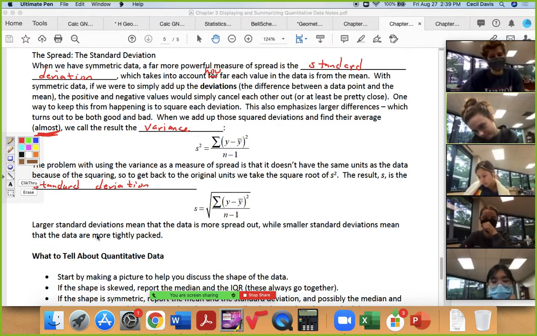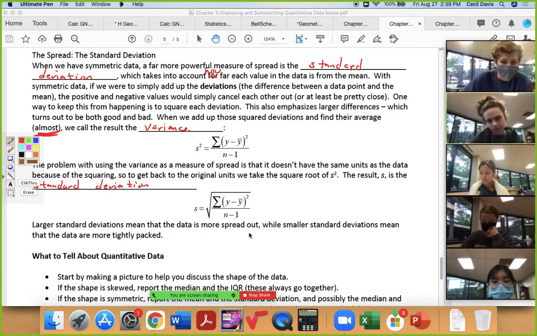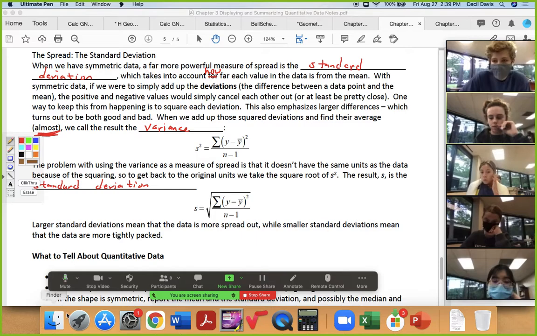All right, so larger standard deviations means the data is more spread out, while smaller standard deviations means that the data are more tightly packed. And when we say spread out, it's not just spread like in a huge range, but also spread out from the mean. So just as an example,